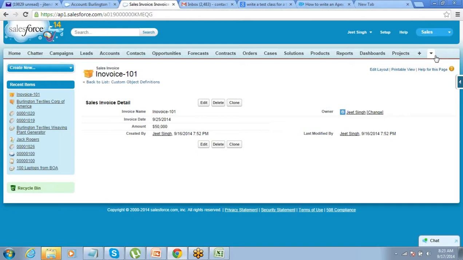Alright. So, are we clear on this part? Does anyone have a question so far? Can I control the order the fields are displayed on my tab? Like first I want to have invoice date displayed, then name, amount. Yes, that can be controlled. That is something which depends on the app that has been selected. This is the app drop down, right? That thing depends on the app that you have selected. So order can be controlled.